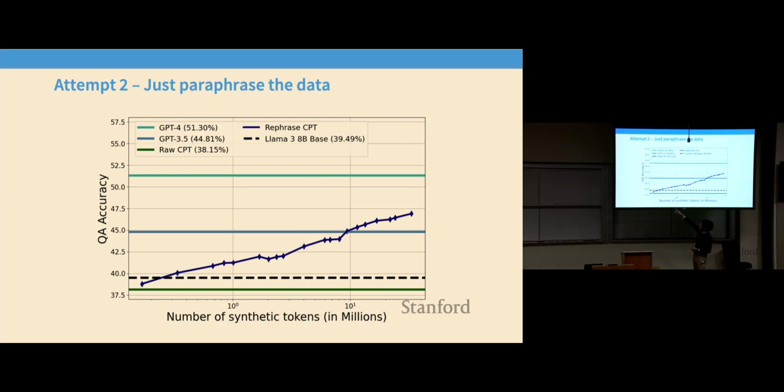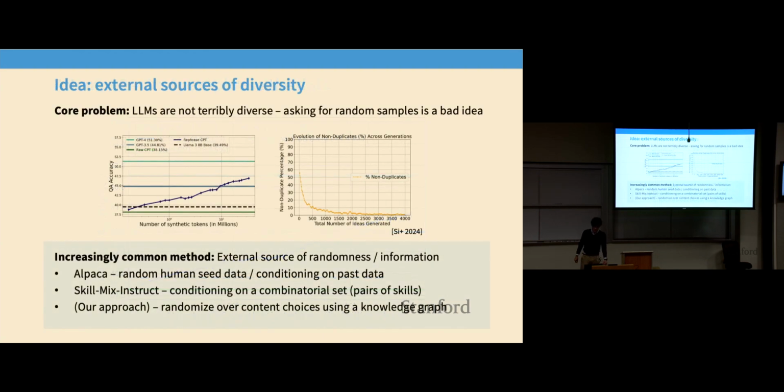Once you start to see predictable improvements in performance from resource inputs, if it's economically valuable enough, you basically throw GPUs at this to make performance go up, right? But unfortunately, performance goes up pretty slowly with rephrasing. We're barely beating GPT 3.5 in this plot after, I think, like 50 million tokens or something like that. And so that's not really great. And so we would like to ideally be more efficient, more token efficient than that.